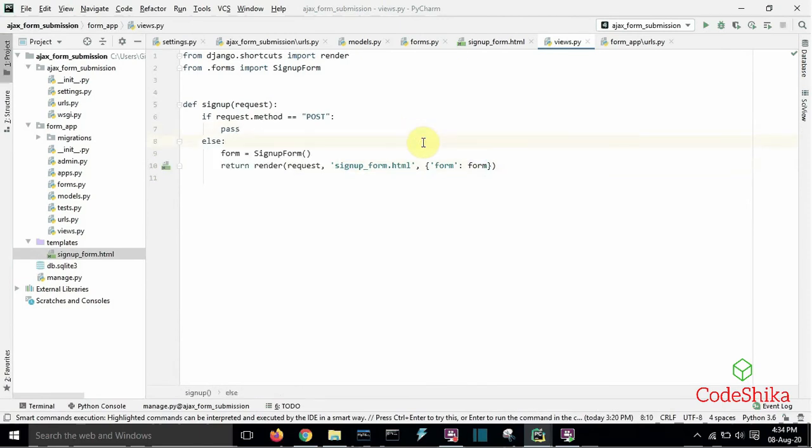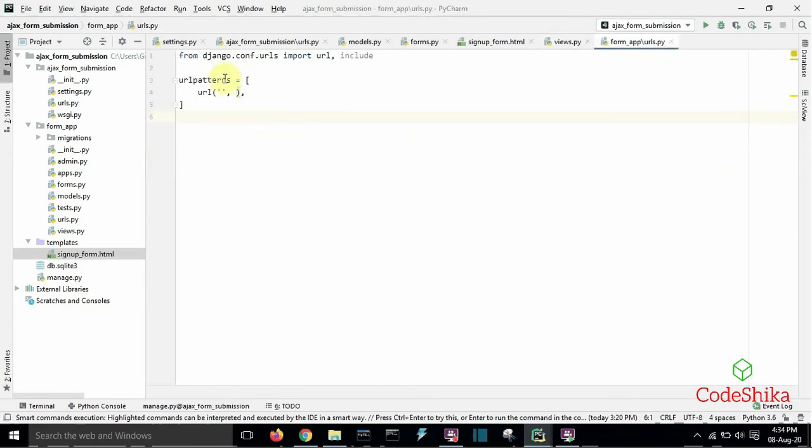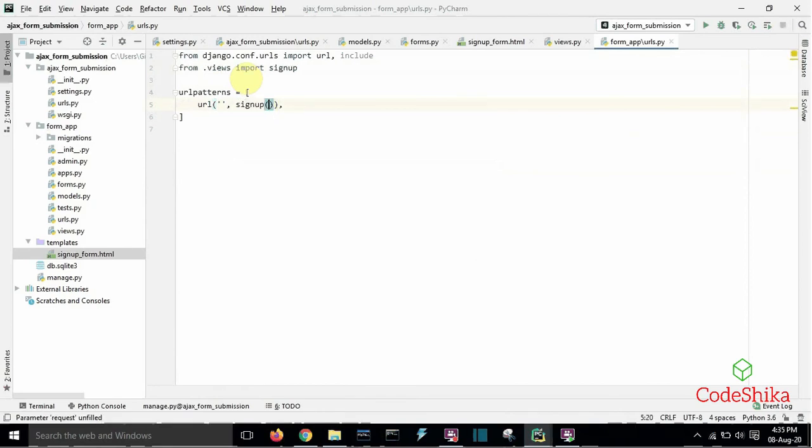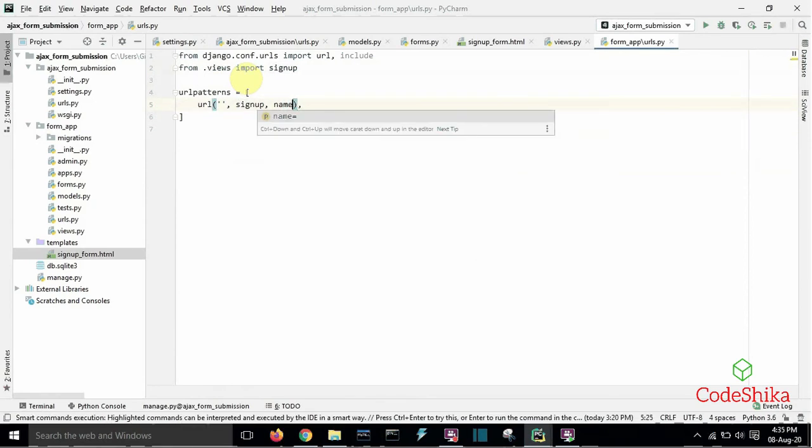Next, create the URL for this view. Type here from .views import signup. Add signup, name equals to signup.